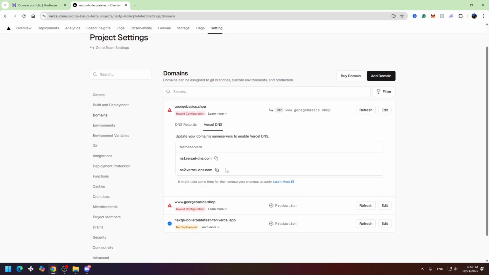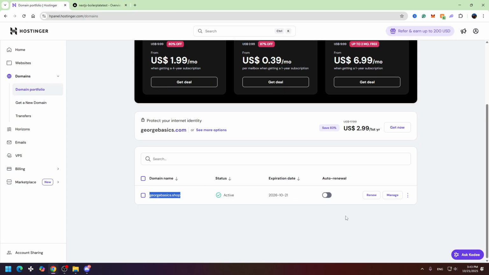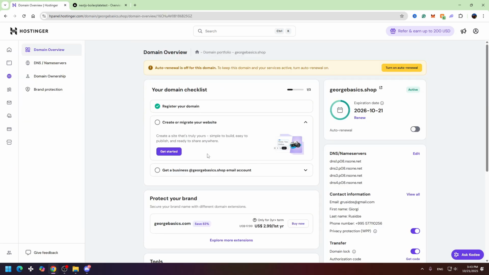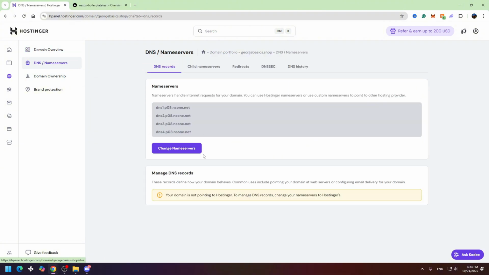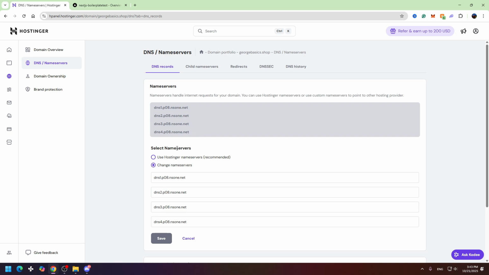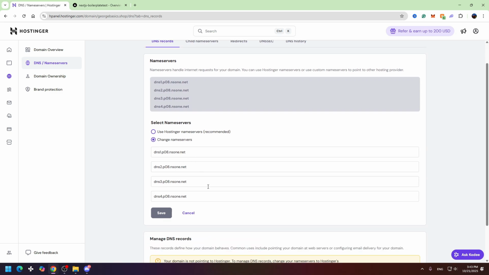We need to change our name servers, so let's copy the first name server, go back to Hostinger and click on manage across your domain name. After that we need to select DNS name servers in the left menu and we need to click on change name servers. So let's delete the old ones